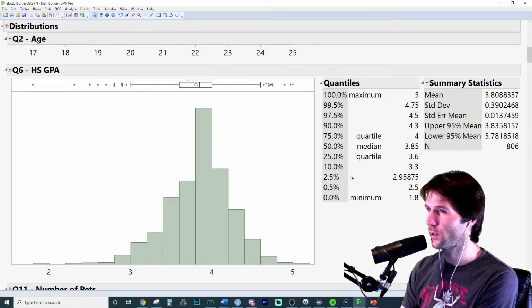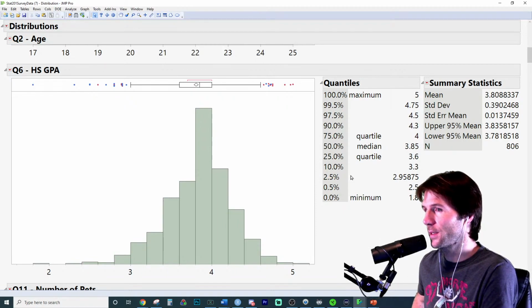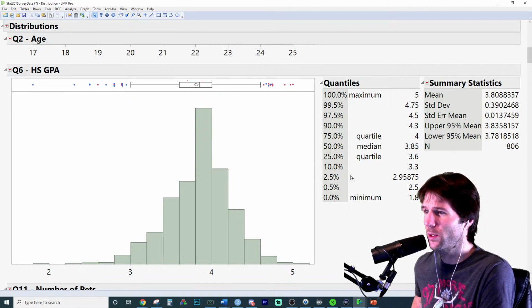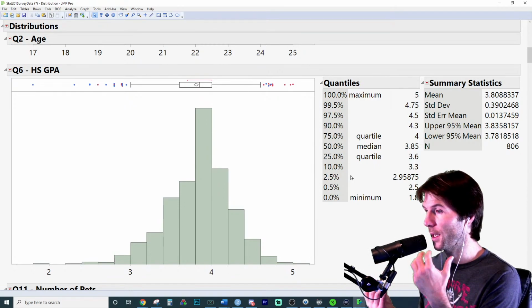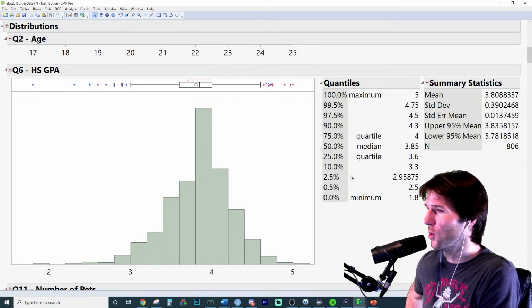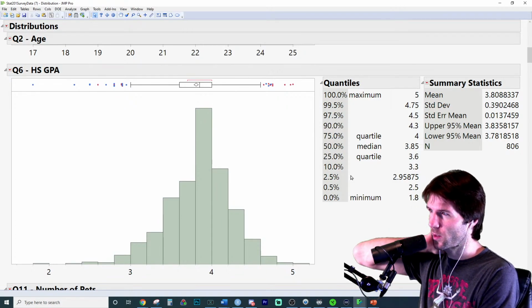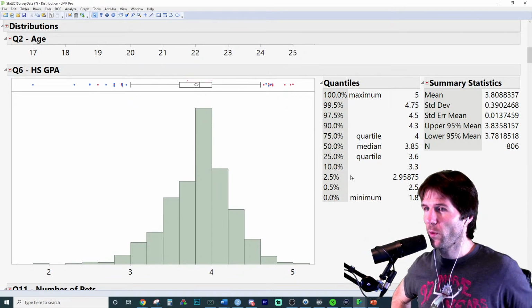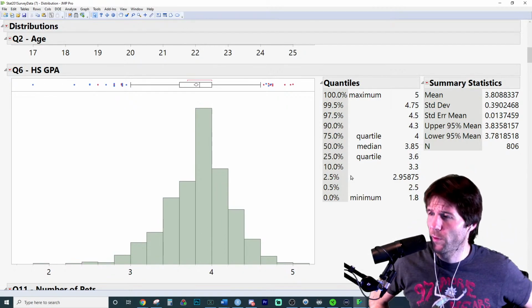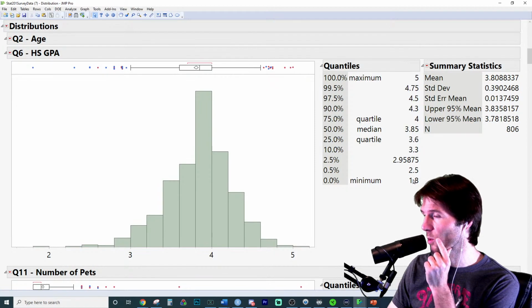This one right here also is an iffy one. It borders on it because it's got a good bit of outliers, but we're also dealing with a data set of 806 points, and 0.3% of data points would be more than 3 standard deviations away, because 68, 95, 99.7. So we would expect some outliers here with a large data set. We'd expect about 24 outliers, and we have more than 24, it looks like, but especially that person down here with a 1.8, that'd be worth mentioning.